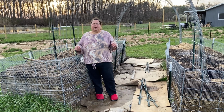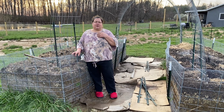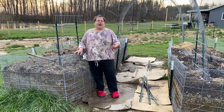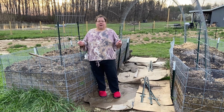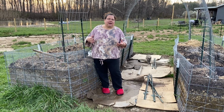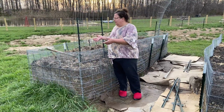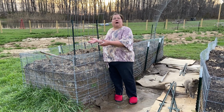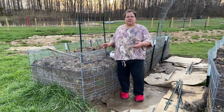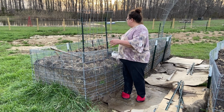So, we bought this property in 2020. We had beautiful raised garden beds. I'm an organic gardener, so that's why we have rabbits, that's why we have chickens, that's why we compost. And it takes a minute to reestablish, right? So last year we just had this bed, a raised bed in our prior property. We had some wonderful results in this bed, but as you can see, it's